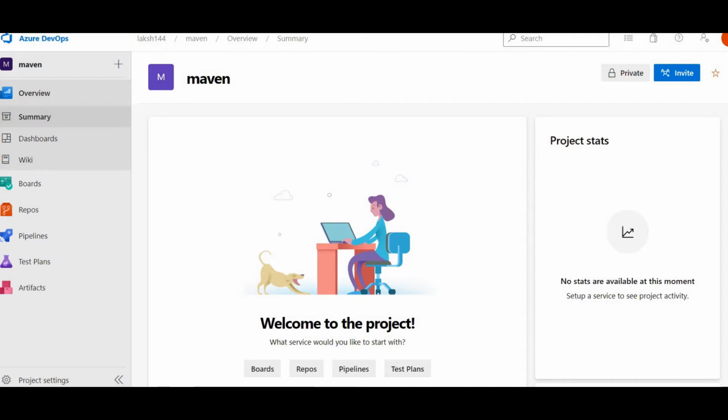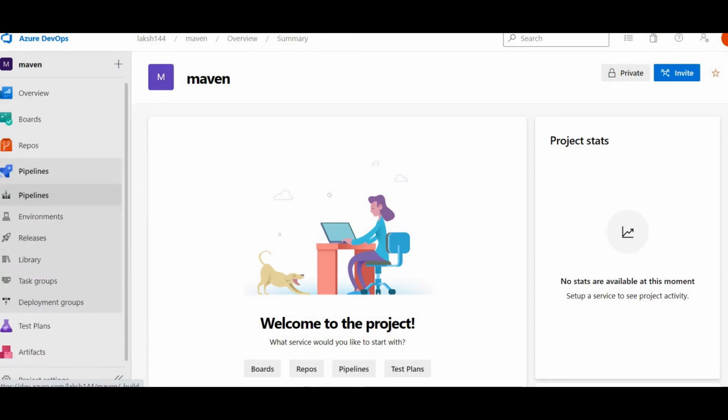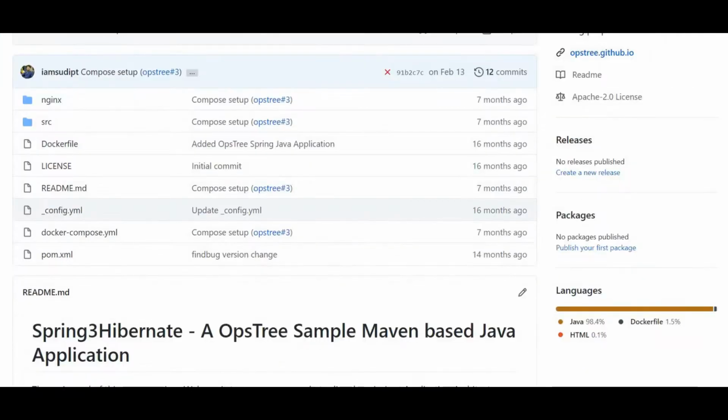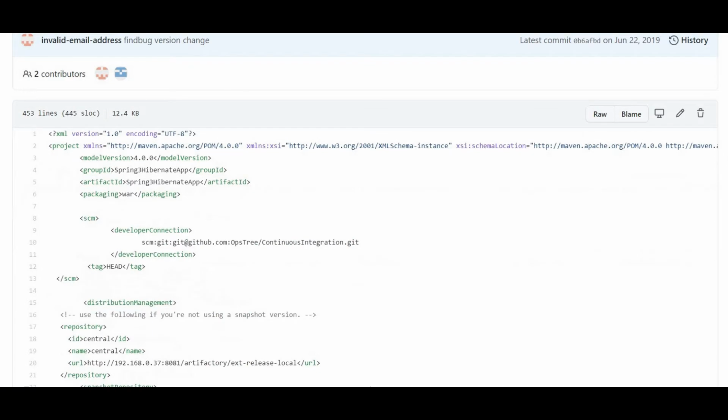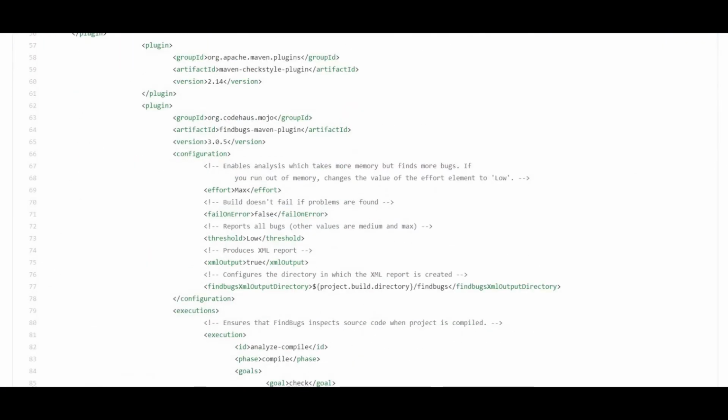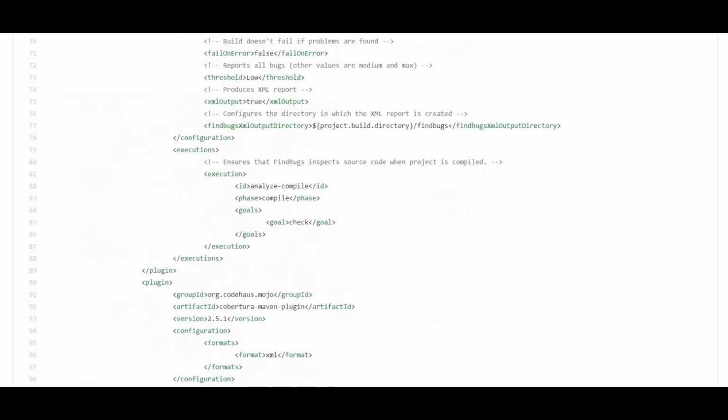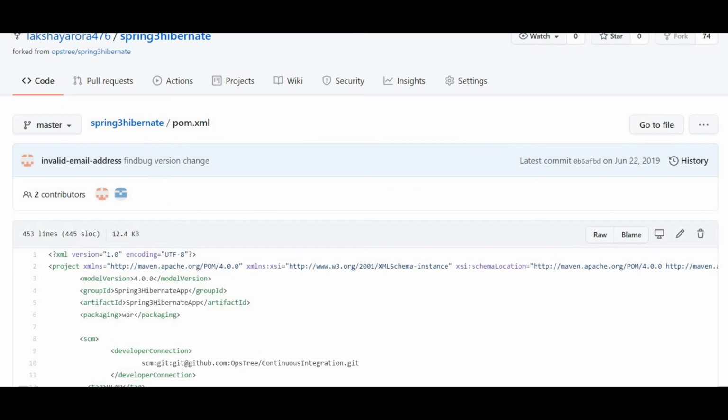So first you need to go to your Azure DevOps account. You need to go to the pipelines. This is my repository, basically the code repository where all the code is hosted. This is the docker compose.yaml file, that is the pom.xml file, this is the docker file. To build any Maven project, we first need a pom.xml file, the project object model file. As you can see, this is the pom.xml file, project object model. There are many dependencies, you don't need to understand this file.